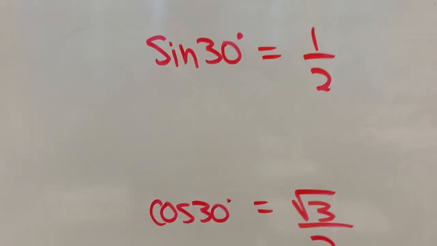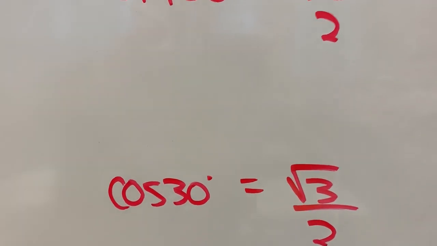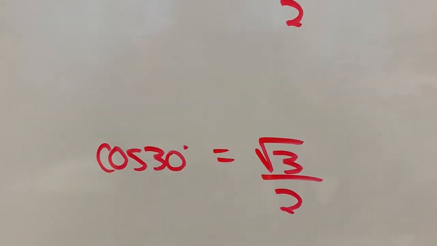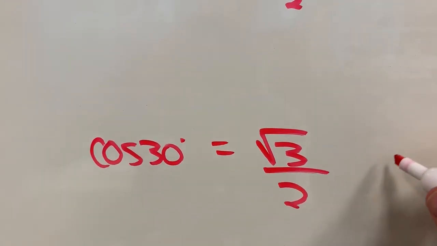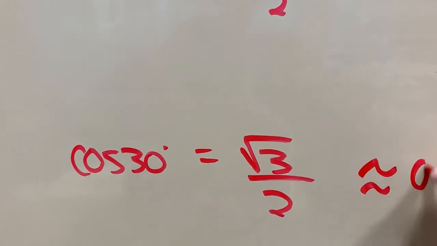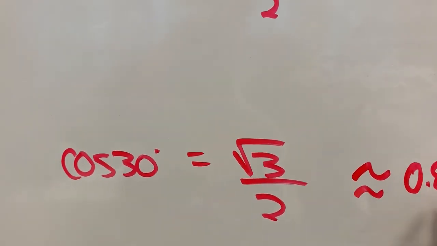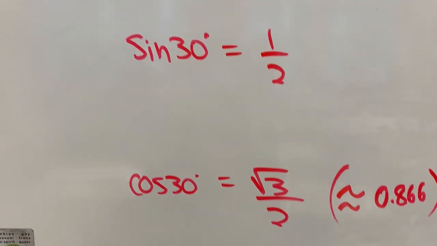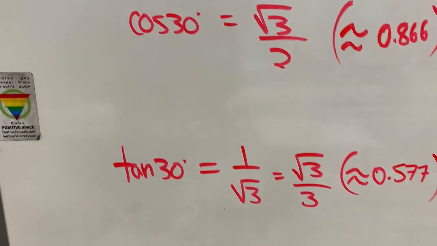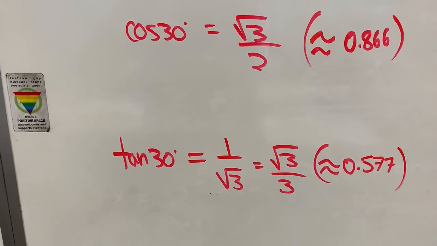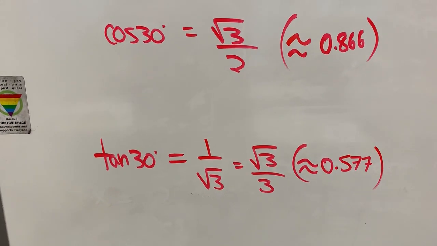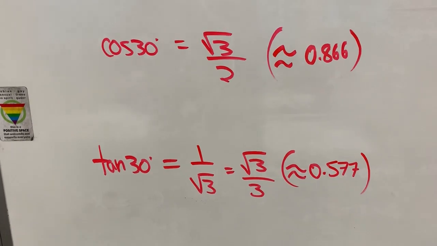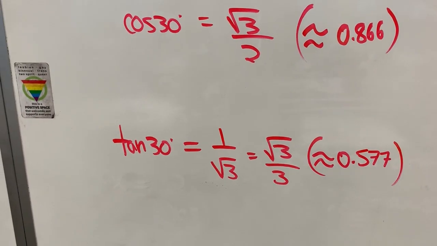But cos of 30 is not a nice number. Cos of 30 gives you the square root of 3 divided by 2, which is the best answer. If you were to approximate that one, it's about 0.866 decimal, awful decimal number, which is what your calculator will give you. And tan as well has that root 3 involved because it would be 1 divided by root 3. If you rationalize it, you've got root 3 over 3. The decimal goes on forever and ever, irrational number, so this is the best answer to leave it as